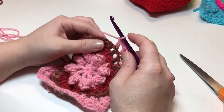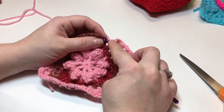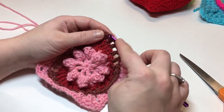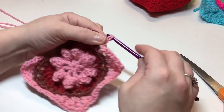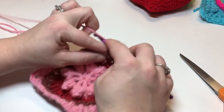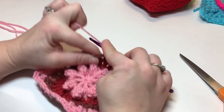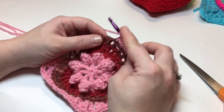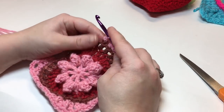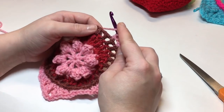We're going to work 1 single crochet into the next chain 1 space. Chain 1, skip 1, single crochet, chain 1, skip 1, single crochet in the next. Be sure you're working in the back loops only. Chain 1, skip 1, half double crochet in the next chain 1 space, chain 1, skip 1, 1 double crochet into the next,